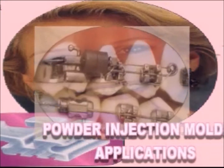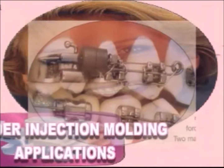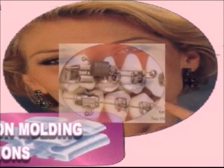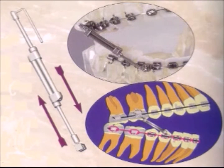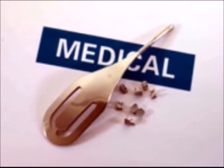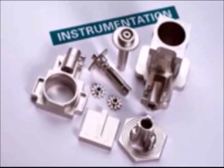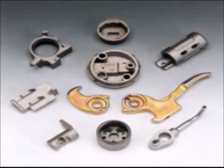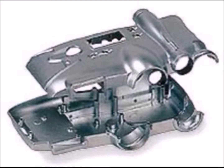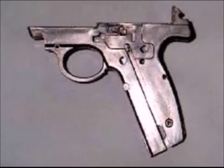Metal injection molding offers two major advantages over conventional powder metallurgy: three-dimensional design flexibility and high density. Some of the applications of PIM are brackets for straightening teeth, medical applications as surgical tools, instrumentation, small gears for electrical hand tools and toothbrushes, camera cases, sculptures, weapons,